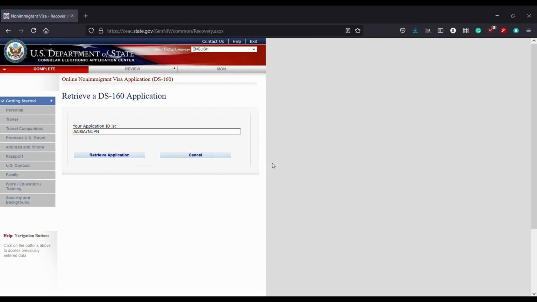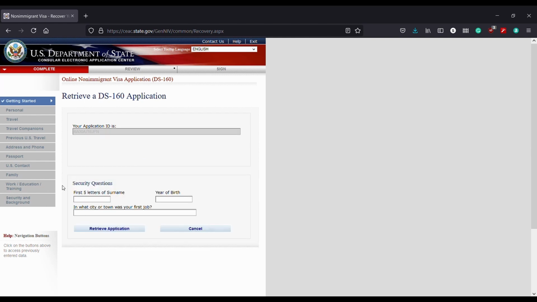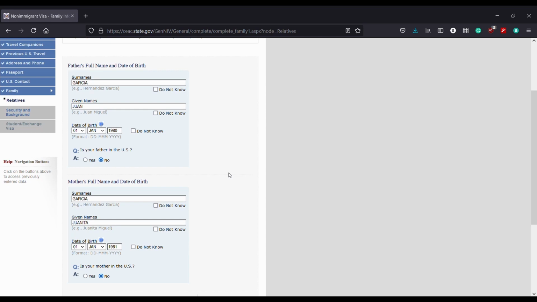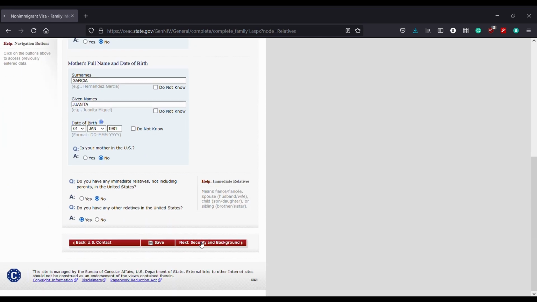You can check here 7NUPN. Then you should know your surname, your year of birth and the answer to the security question जो starting में भरा था, एग्रीमेंट साइन करने से पहले. ओके सी मैंने सेव किया था तो मेरा डेटा इंटैक्ट है और फिर I am starting from the family section.